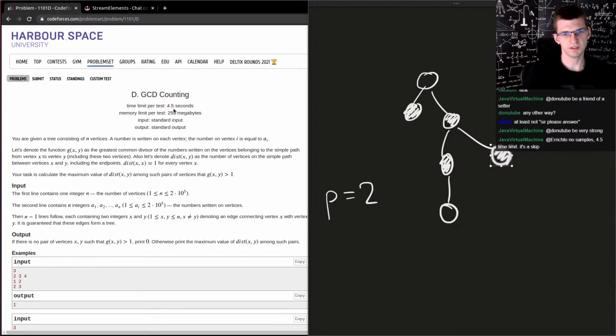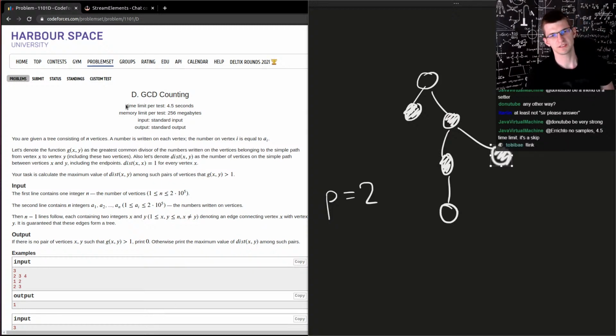4.5 seconds time limit. Actually, indeed, big time limit sometimes is bad. Like in hard problems, it often means it's FFT, or the intended solution is actually very close in runtime to some brute force. Anyway,